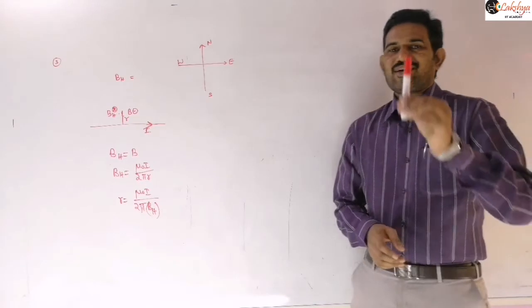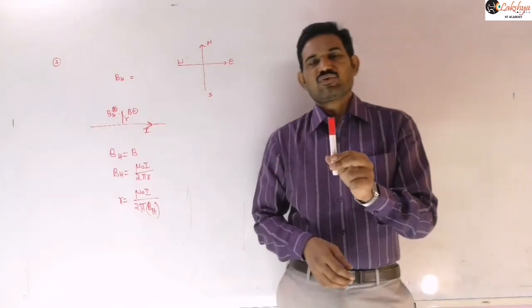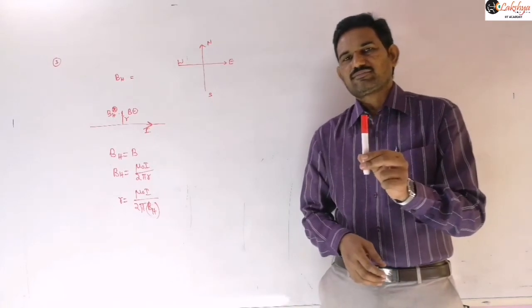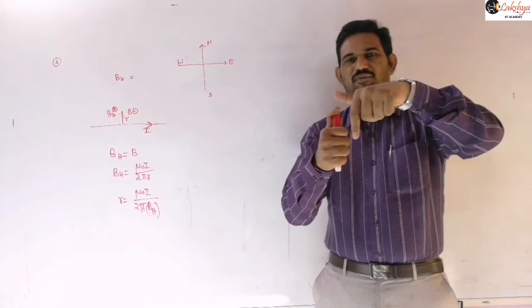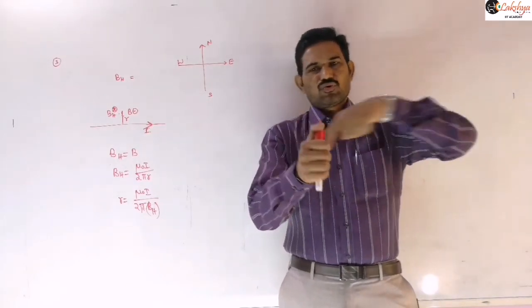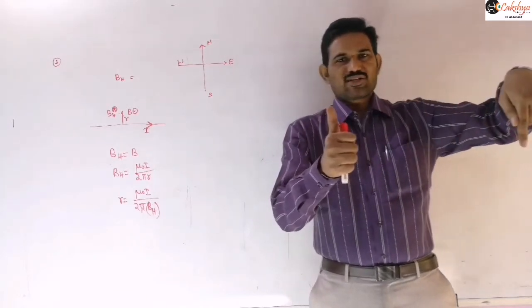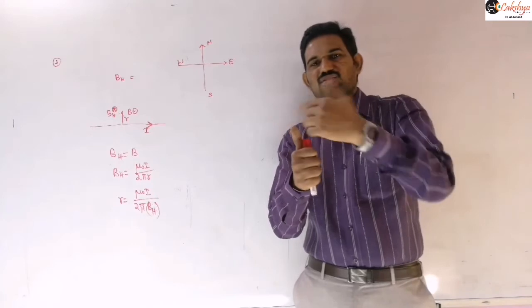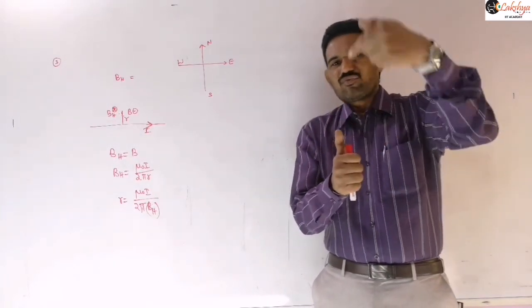Whereas if I ask about a conductor placed vertically, let us identify the direction of the magnetic field there. Suppose I am considering a point on the west side of the conductor, then the field lines will be there like this, and the magnetic field will be towards south. Then our BH will be towards north. They are opposite to each other. So there is a chance of getting the neutral point on the west side.